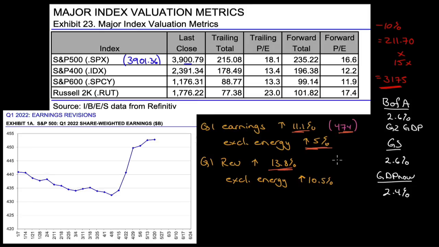Revenues are up 13.8%, excluding energy up 10.5%. So again, think about the PCE, because that's what you would use. You would use the PCE for this, because CPI inflation will measure a price change, but if something didn't sell, it could not have shown up in revenues. So that's why you would use the PCE. 6.6% headline, and revenues, including energy, up 13.8%. This is not a consumer that is concerned about things.